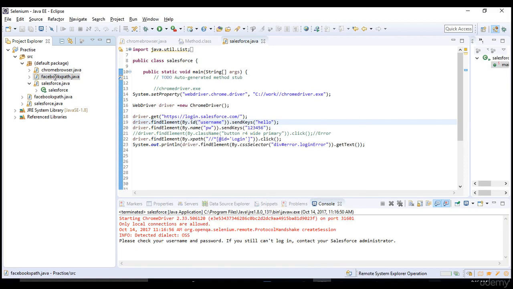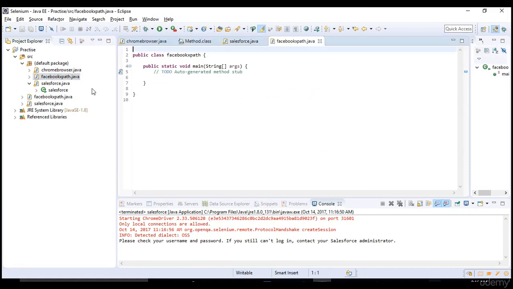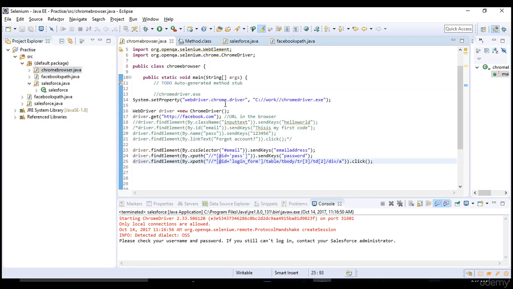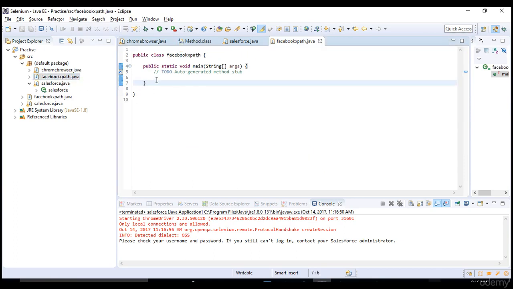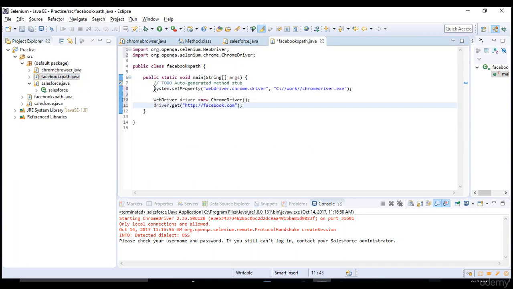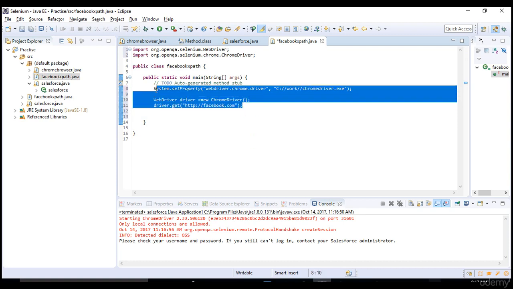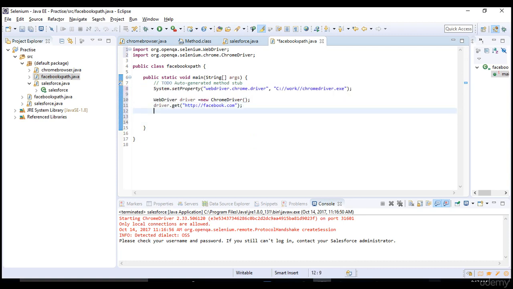Okay, so for the Facebook XPath test, you know that the first steps are common. You need to set the property of driver and Chrome driver, and you have to hit the facebook.com page. These three are common steps. We should not spend much time talking about what each step is and writing these three steps again, because it will take another 3 minutes just to write them. Every time we can reuse the steps. So the real point comes here.